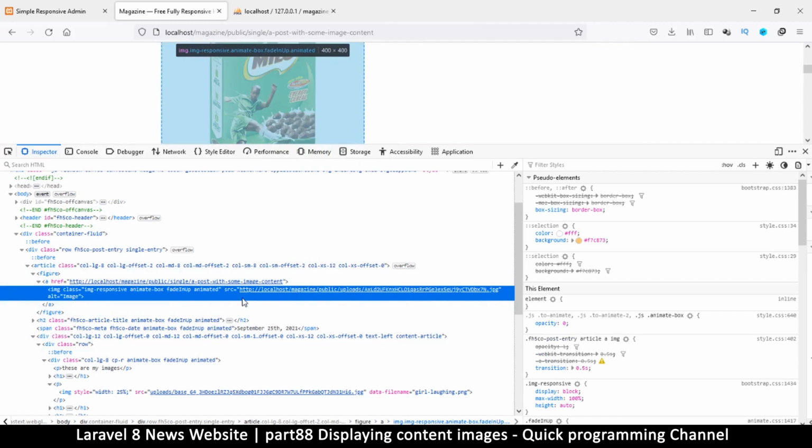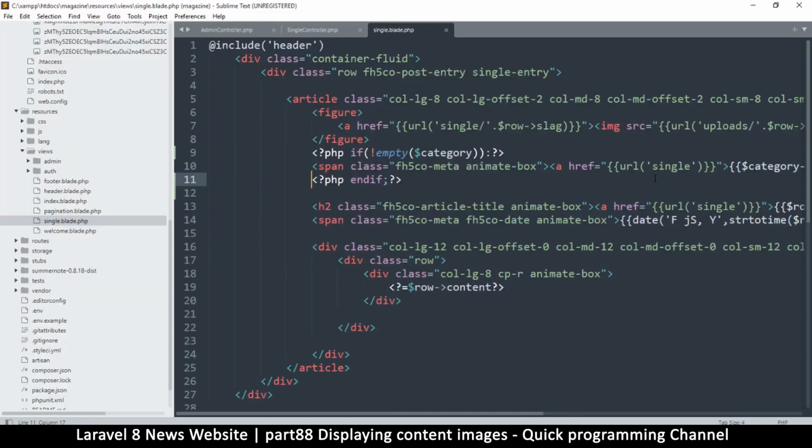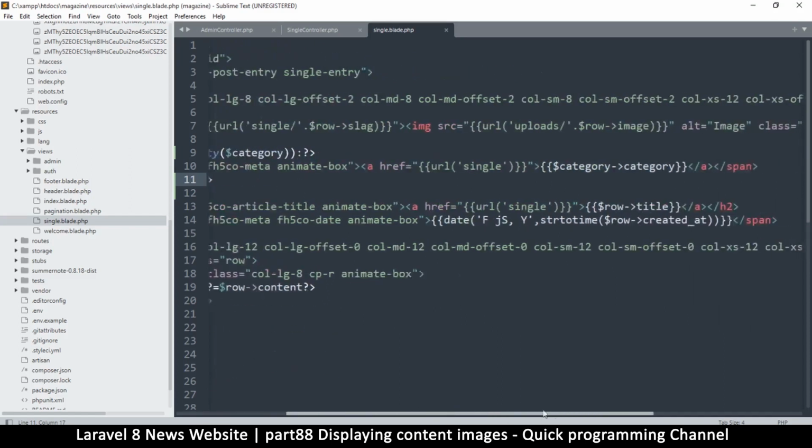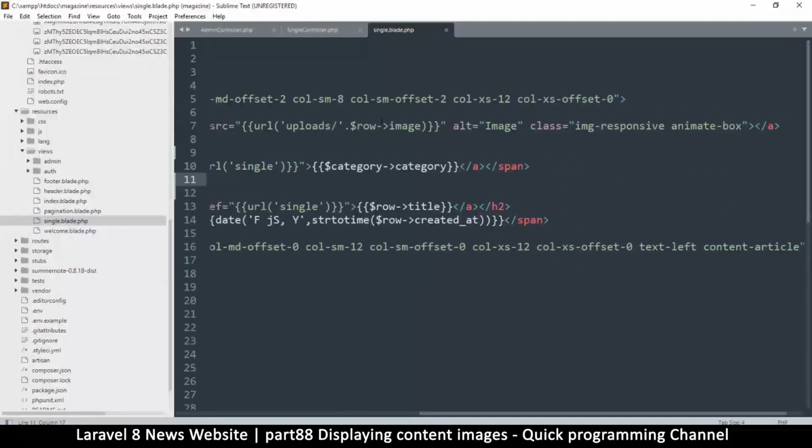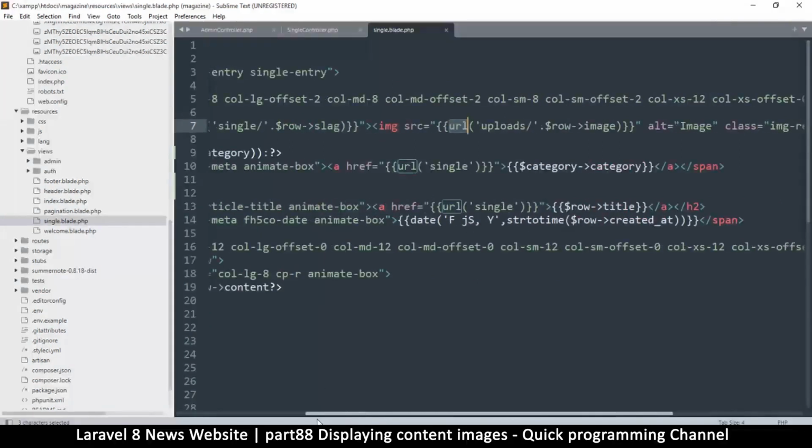So you see the issue here is that the images, let's see where we're displaying this image actually. And this is right here. We put this inside this URL function. What this does is it adds the root path here before adding the uploads and then all that. So what we really need is this root to be part of every source inside